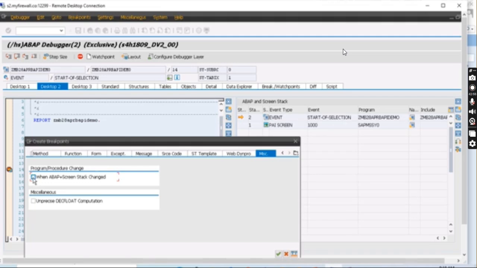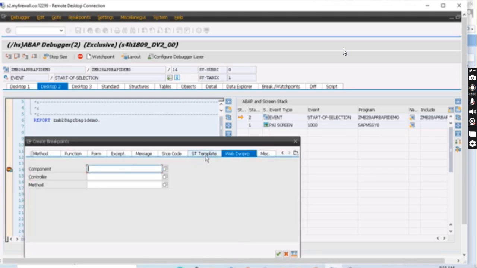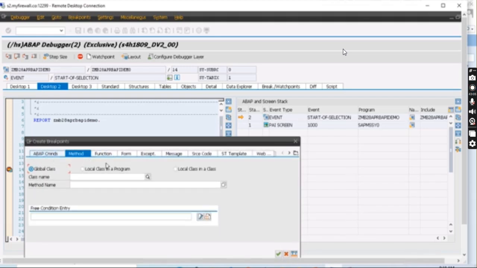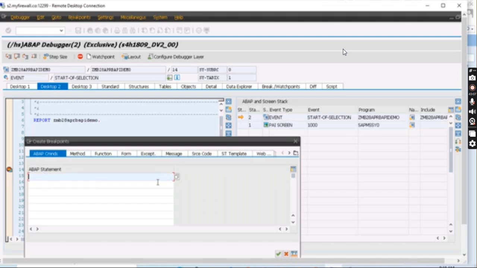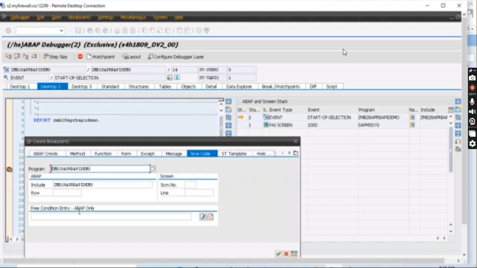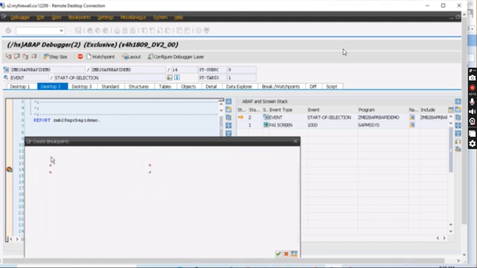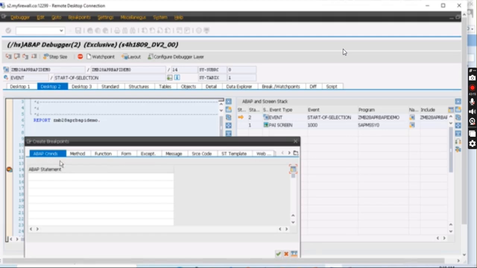This one is for web dynpro purposes, which I have not used, but the others are almost all frequently used. You can use the source code option also, generally we don't, but you can. The frequent one is the ABAP commands, very frequent. Then function and message: ABAP command and message are very frequently used in support projects.